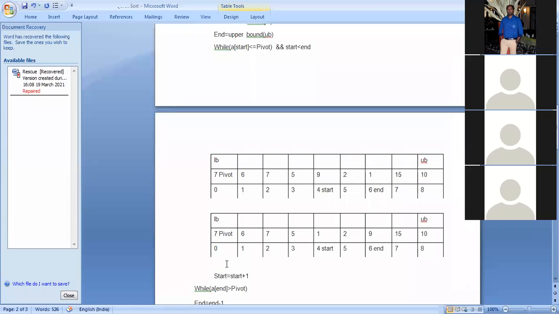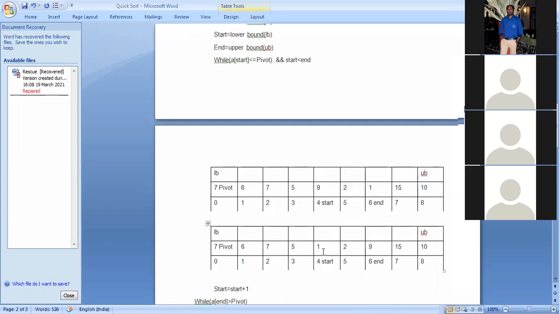So here initially we'll check three conditions. Again, I will explain with the code, full code I will write, and after that I will explain. But now we try to understand the concept. So first of all, we'll check a start is less than equals to pivot. Again, we'll start from here. Yes, condition is true, because now value is 1. 1 is less than 7. So now condition is true.